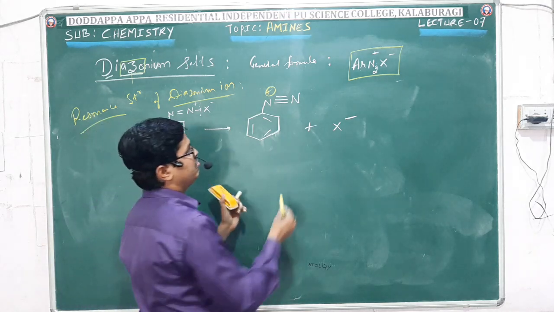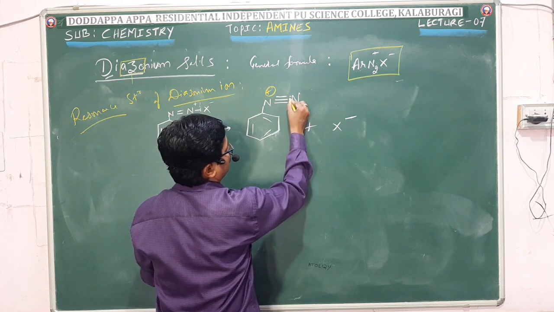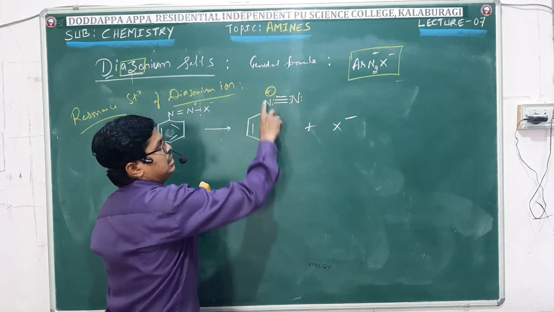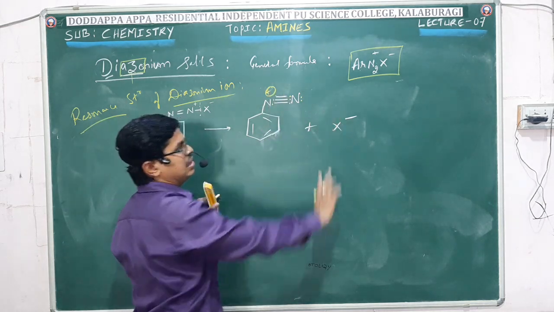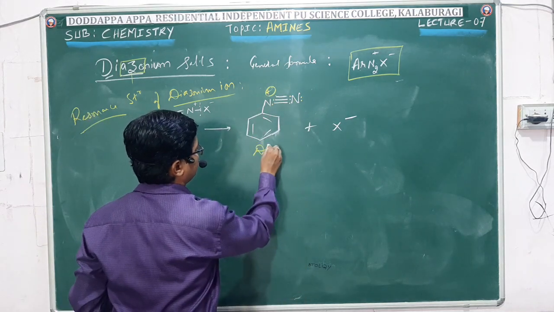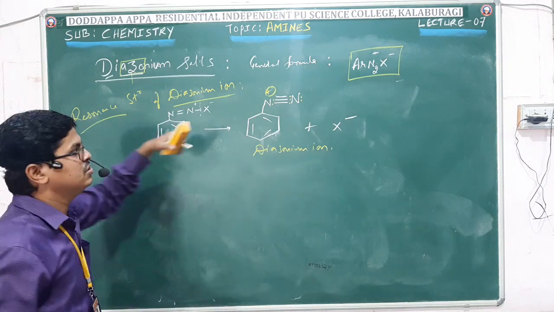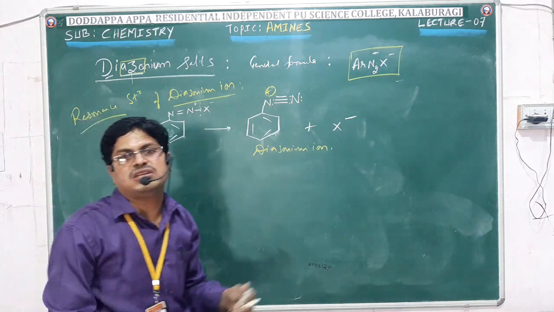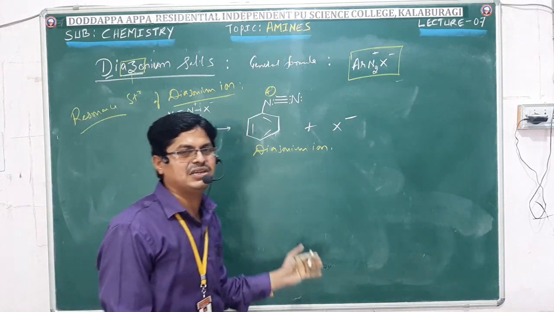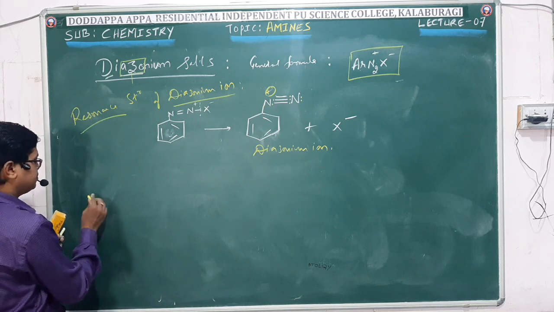As we know, the valence electrons of nitrogen is 5. Here this nitrogen, if I consider 1, 2, 3, 4, 5, has lost one electron, hence it becomes positively charged. This is the diazonium ion. Due to the resonance structure of the diazonium ion, the diazonium salt is stabilized, not completely, but for a while. Let us look at the resonance structures.